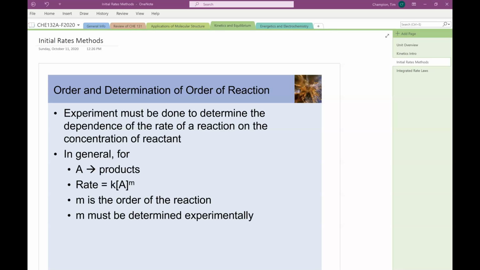All right, I want to talk about the initial rates method now. This is a technique for learning the reaction equation from some experimental data. It basically relies on the idea that when you do a reaction, during the brief period at the beginning of